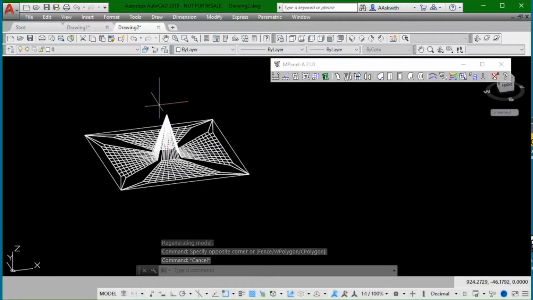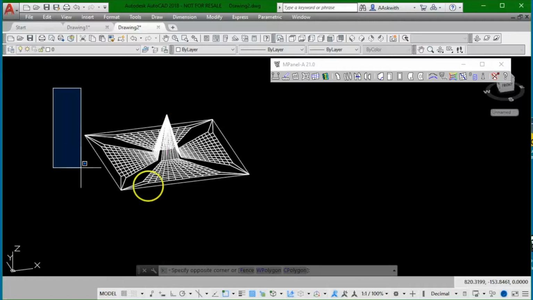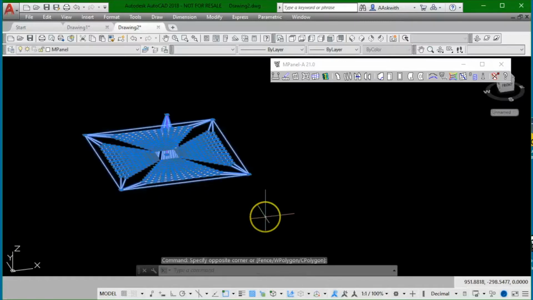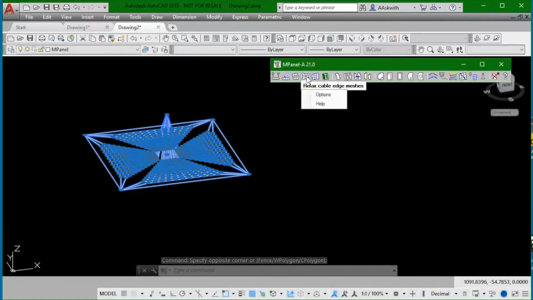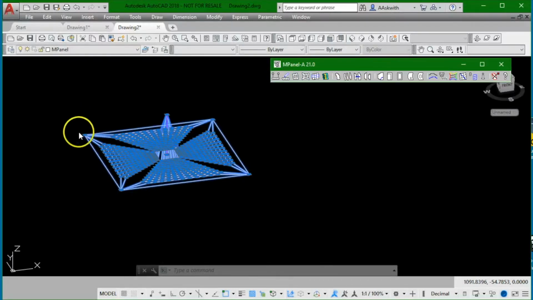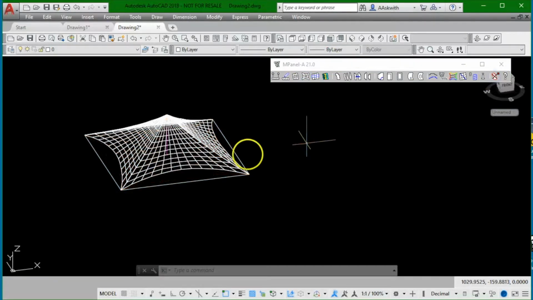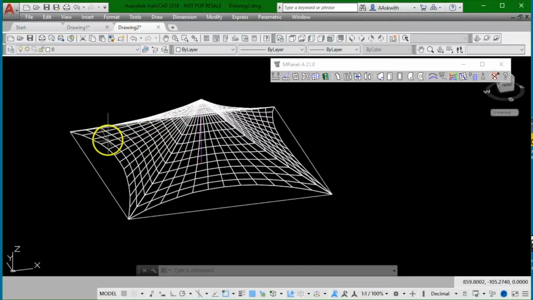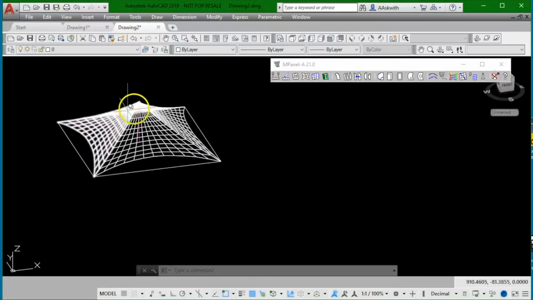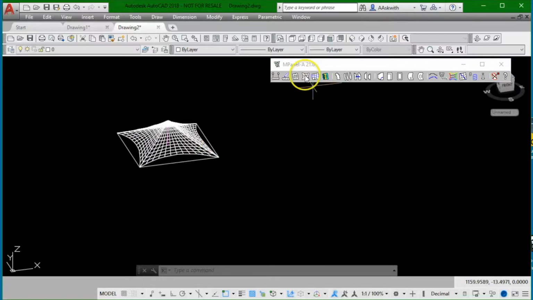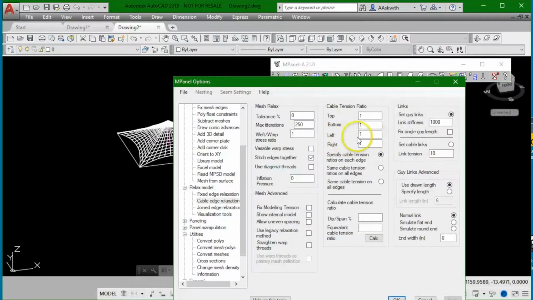We'll first of all just make a conventional pole tent by relaxing this, and it's usually best with pole tents to relax as a cable-edged mesh, and that's saying that there will be some stiffness, some strength in the hips, and you can see that with the default settings we get a very strong pull-in, a very strong tension on the hips there, and it may well be that you would choose a different shaping, and the hip cables are affected by the left and right cable tension settings, so just reducing those,